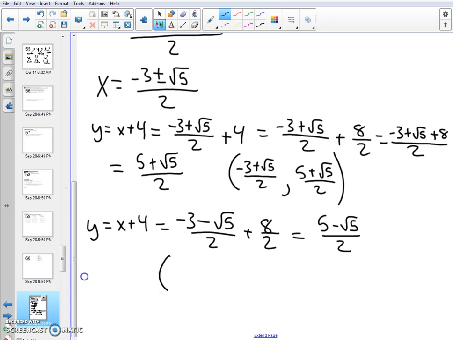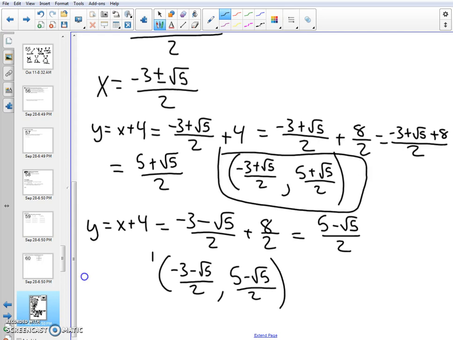So my coordinate is negative 3 minus radical 5 over 2, because that's what we plugged in to find y. And that gave us a y of 5 minus radical 5 over 2. So our two solutions would be these big, nasty, ugly coordinates here. Alright, so that's about as tough as it gets. That's a pretty long one. Let's look at,